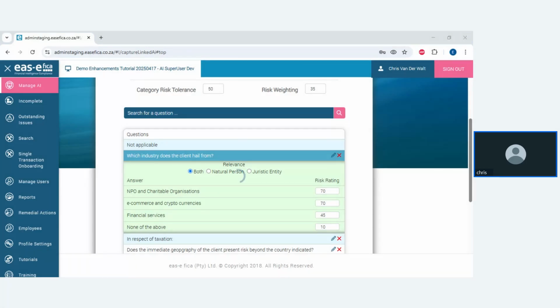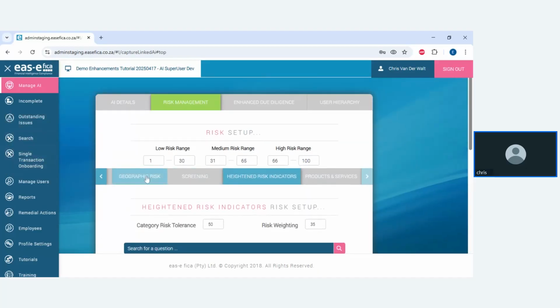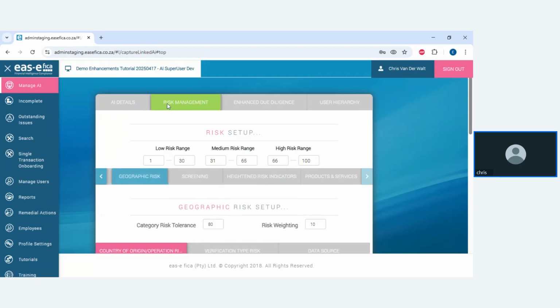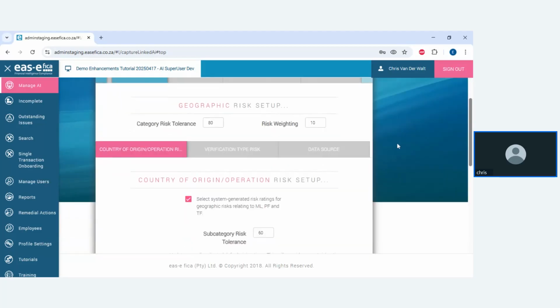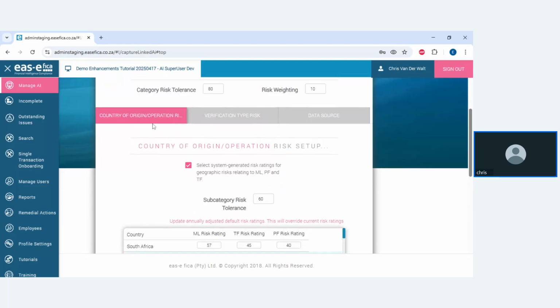Then the next one is a very interesting one, and it deals with the address verification. We just opt out. So in this instance, let me go there. Geographic risk. So you'll navigate still in risk management. You'll select geographic risk from the second ribbon, and then you'll see here where we deal with the country of origin or operation. The system,